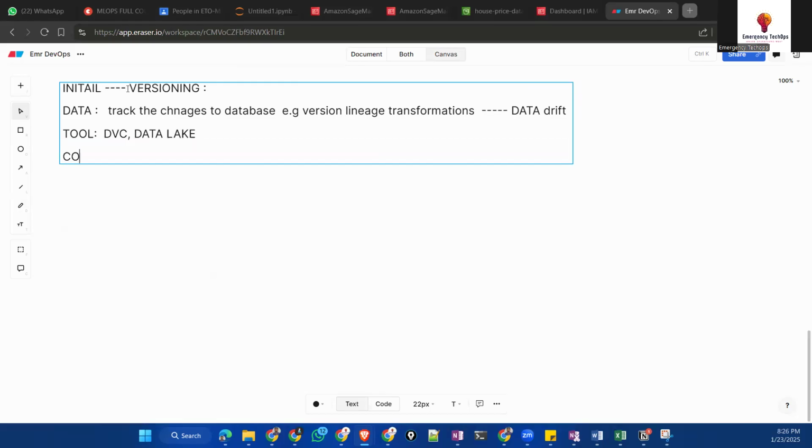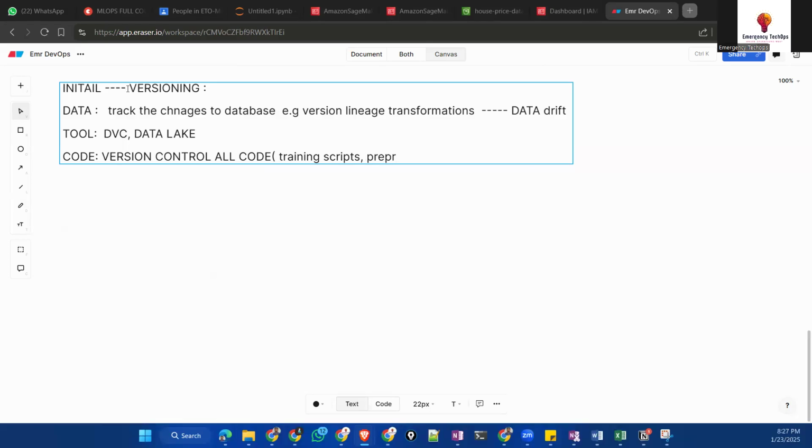And then code. For code, we do version control for all the code, for example training scripts. Your model is going to do training, right? We need a script.